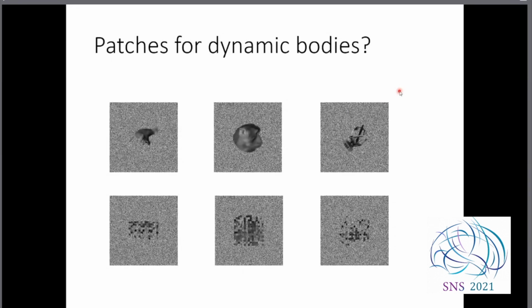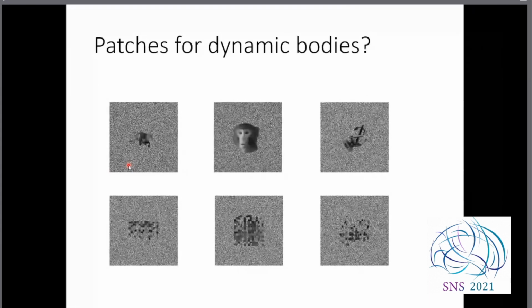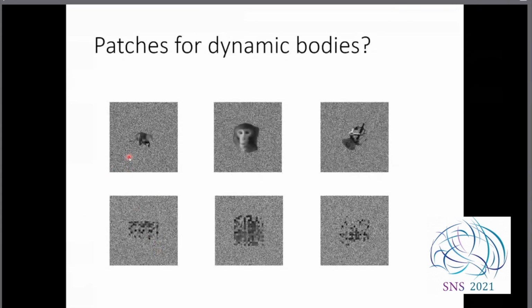So all the work that I have presented thus far, and basically most of the work even in human imaging on body representations, is done using static images of bodies. But of course we can also have dynamic bodies, as you can see here. So we have a whole set here in which we have faces, bodies that move, control objects that are moving,